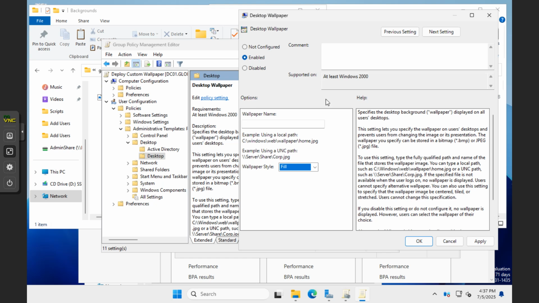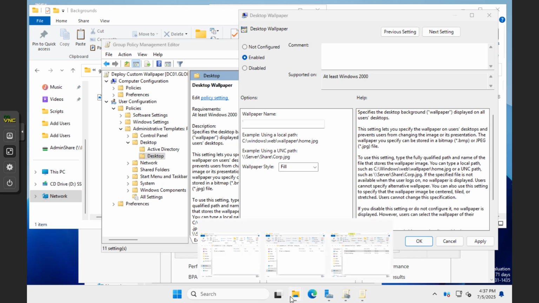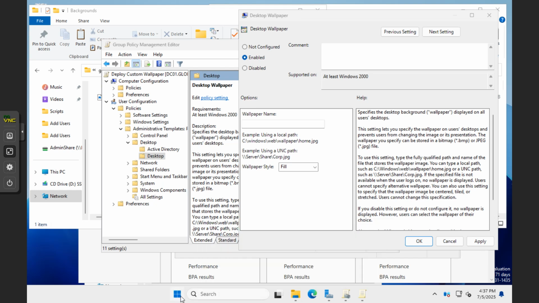Okay. So right now, what we're going to do is I'm going to show you how we normally do this one. So this is a little funny or a little tricky, but Windows normally stores its desktop wallpapers in a certain location on the desktop itself. So we're going to open up a new folder. Let's go to File Explorer,